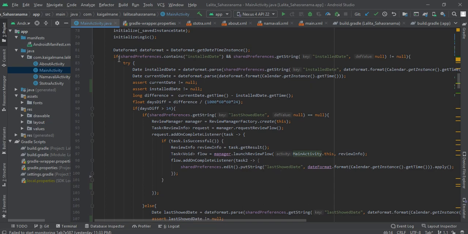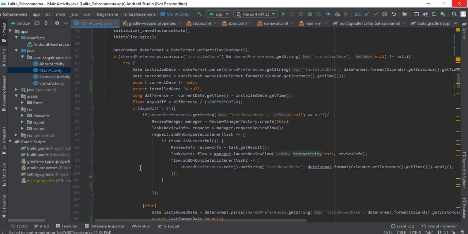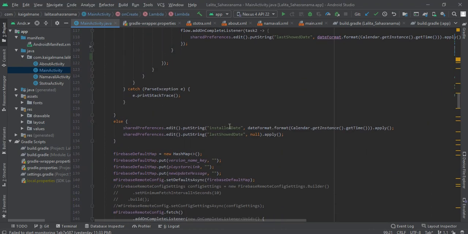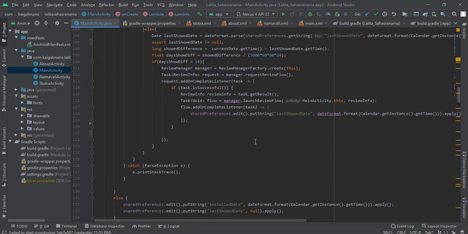So in the first condition, we are checking if install date is present. If it is not present, that means the user is opening the app for the first time, and we are writing these two dates: install date as today's date and last showed date as null.